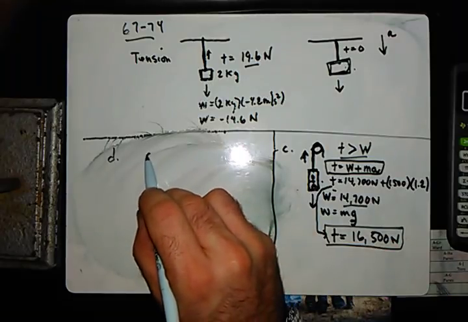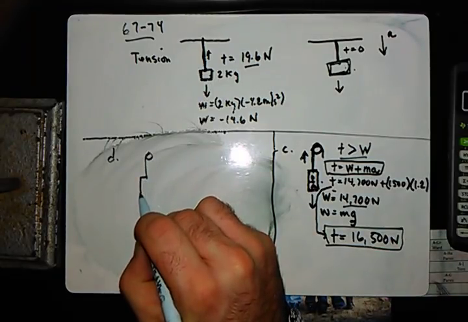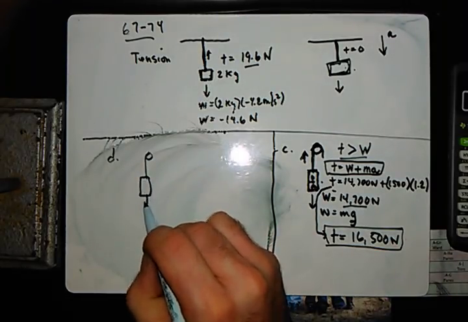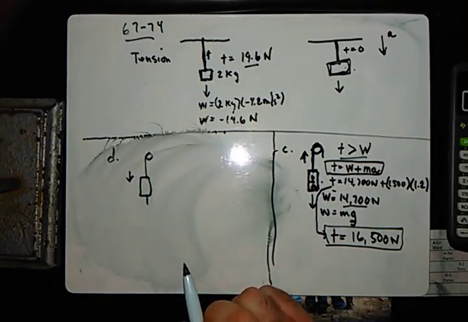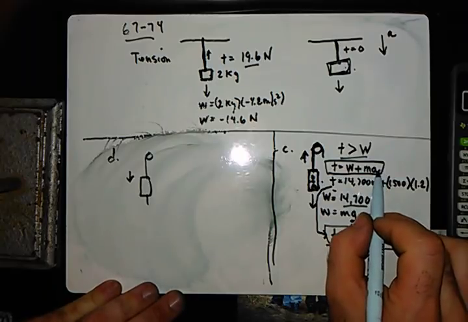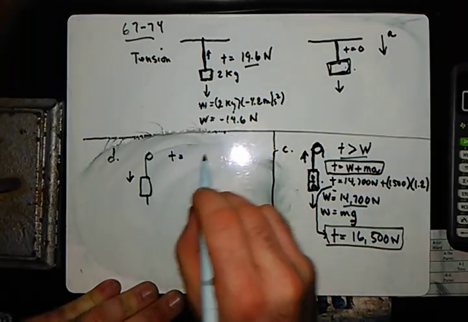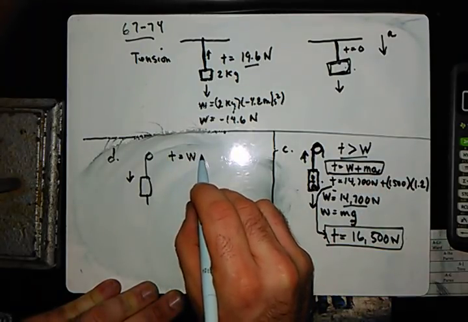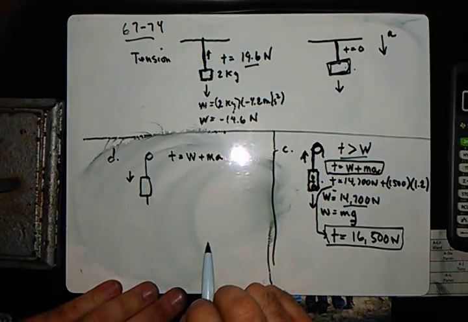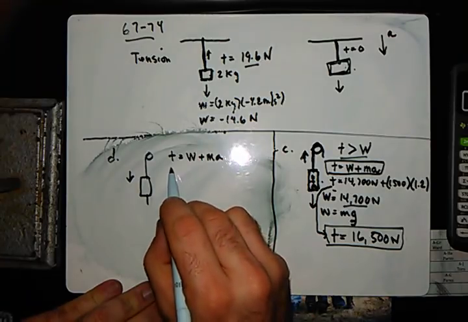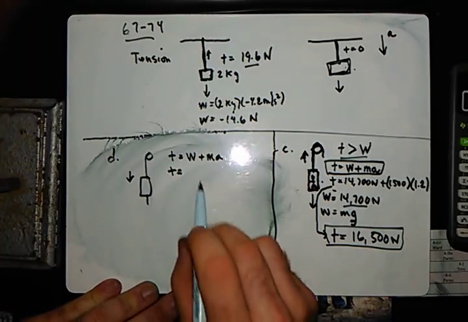We have our elevator here, and the elevator now is accelerating down. So if tension equals weight plus mass times acceleration, tension equals